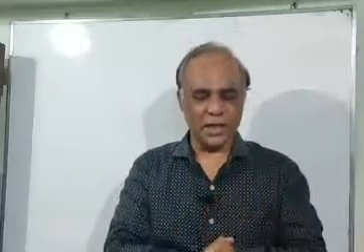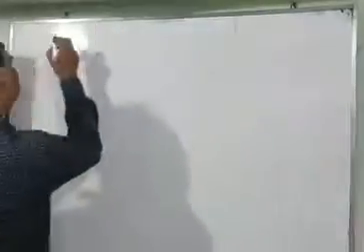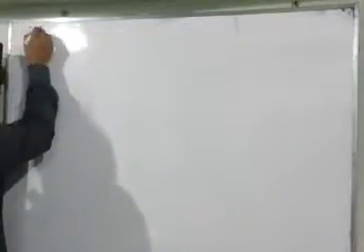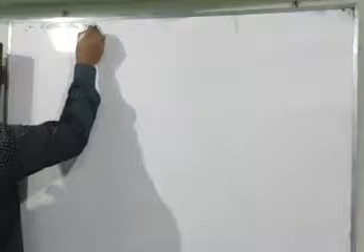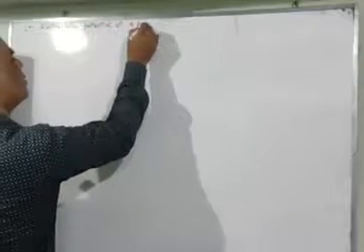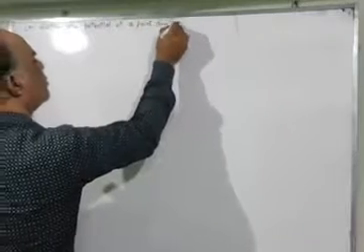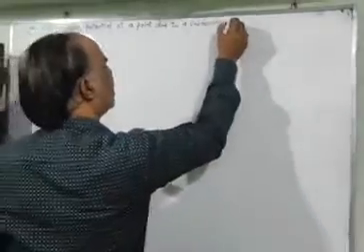How can we evaluate the electrostatic potential due to a ring on its axis? Let us see. Let us solve those derivations. We are going to evaluate electrostatic potential at a point due to a uniformly charged ring.